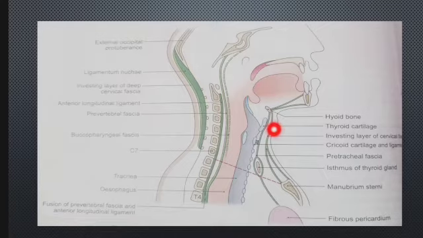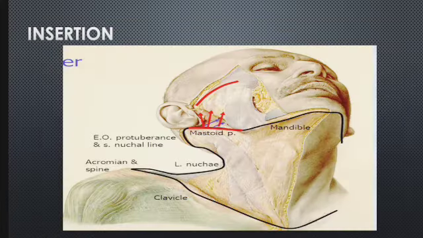First of all, anteriorly it is attached to the hyoid bone, both upper and lower sides, and this is going to be the investing layer, the anterior attachment, and also to the mandible. Posteriorly, it is attached from the external occipital protuberance, ligamentum nuchae, and it attaches with the spine of the C7 vertebra, and this is going to be the posterior attachment.